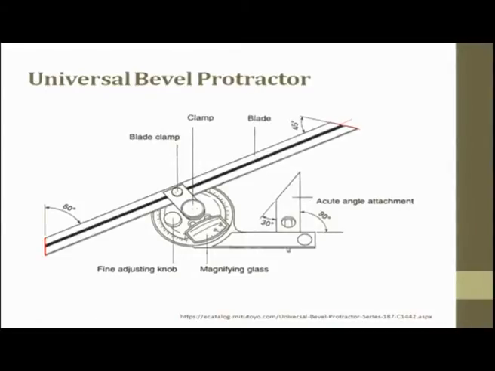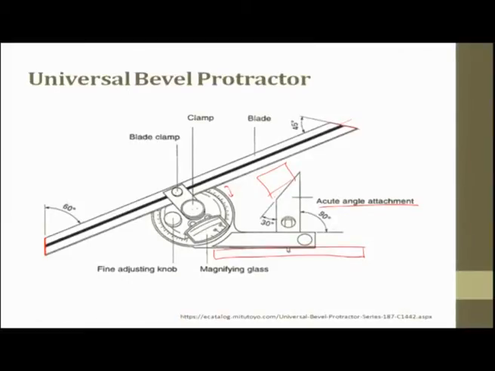Here is a magnifying lens, in order to have clarity in reading. So, here you see a lens which is attached and here you see a fine knob which is used for slightly dialing up and down and you get the data. So, here is a reference plane, you can place the entire scale with respect to this reference plane. If you want, you can also place here the object which is again an acute angle attachment.